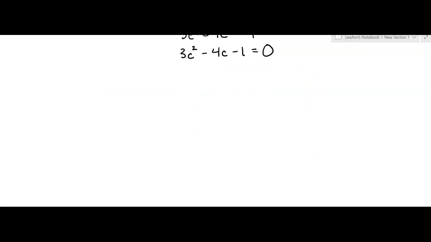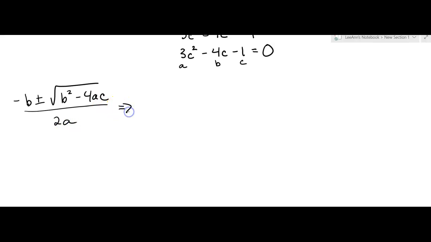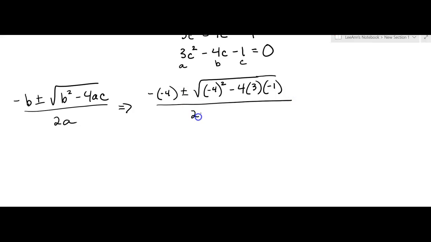Okay, so this is A, this is B, this is C. Here comes the formula. Everything goes where it's supposed to. So it's going to be the opposite of B, negative 4, plus or minus the square root of B, negative 4, squared, minus 4 times the A times the C, which is negative 1, all over 2 times A, which